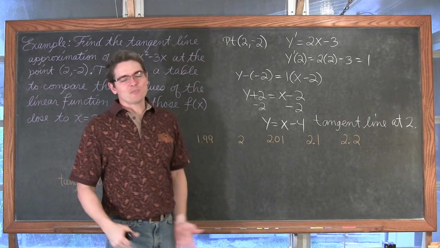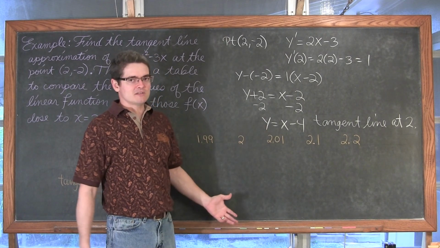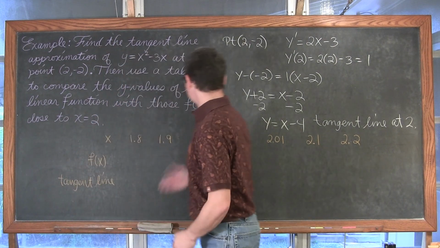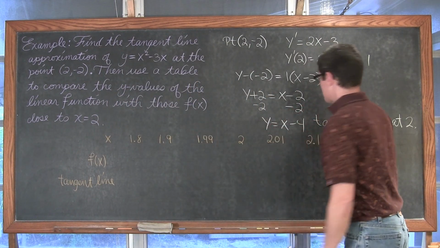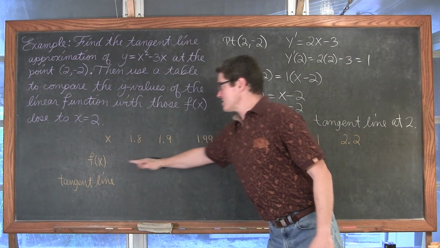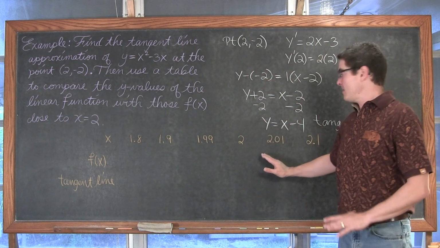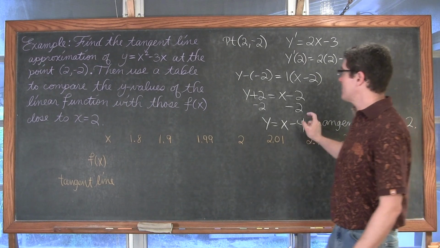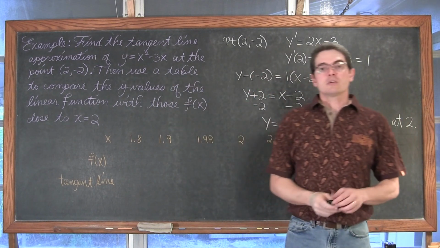Okay, now I'm not going to break out a calculator and write all these values out for you, so I'm going to step off and reveal these answers. Again, I'm going to take these 7 x values, plug them into the function, see what those are, plug those same 7 x values into our tangent line, and see how well this tangent line approximates the values of our function.